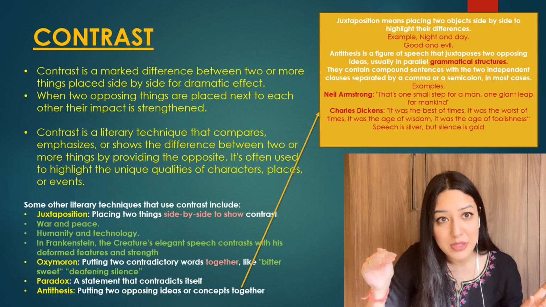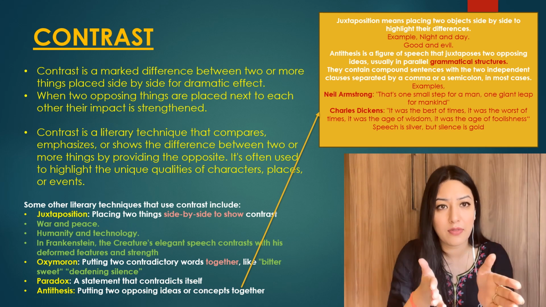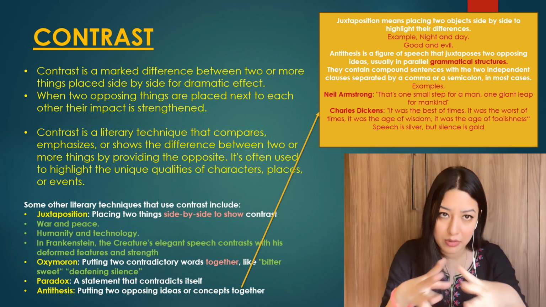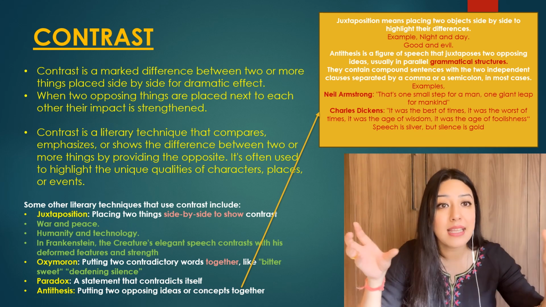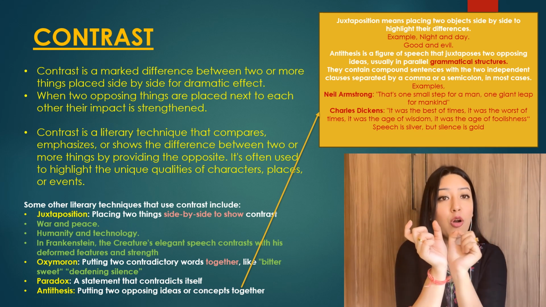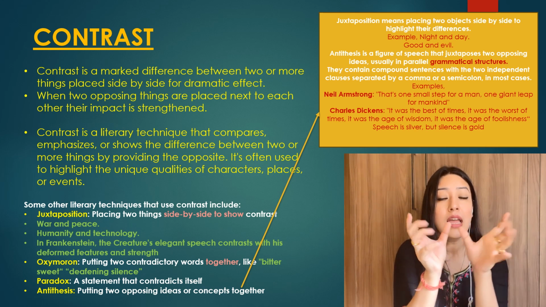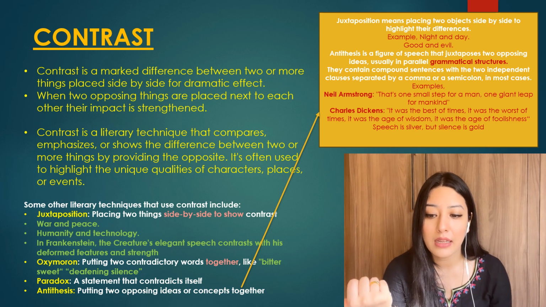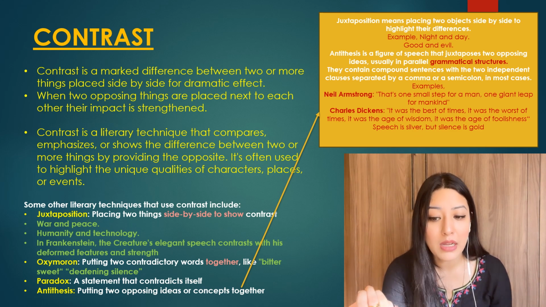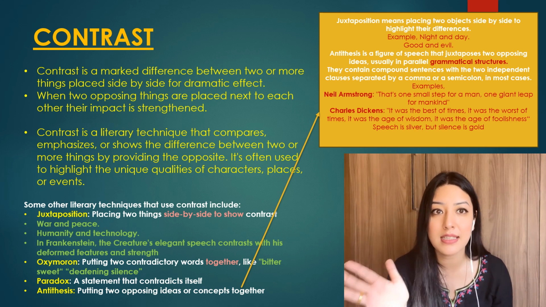So for juxtaposition, it's two different ideas placed side by side: night and day, good and evil, war and peace, okay, put together side by side. For antithesis, it's compounding independent sentences put together side by side with a comma or an "and." These are contrasting ideas. These are longer. They are separated by a comma or a semicolon, in most cases. In most cases, this is the structure.